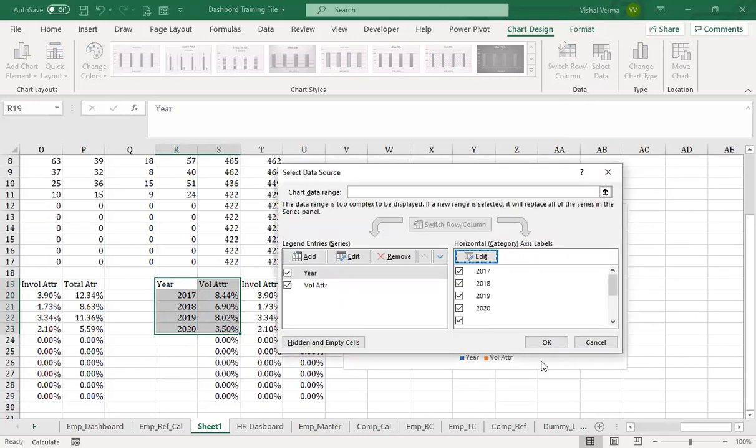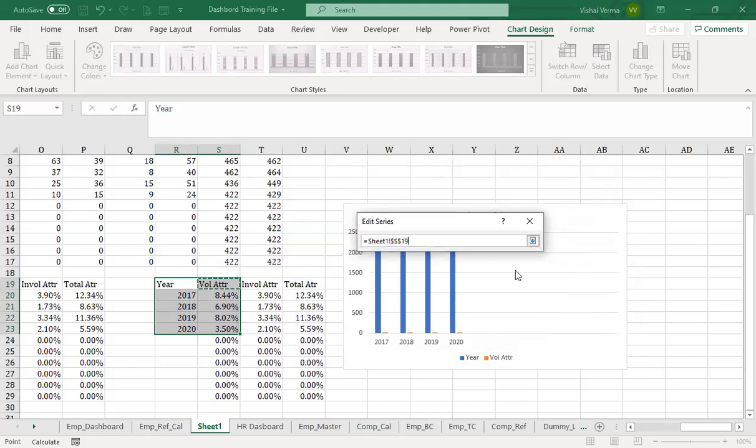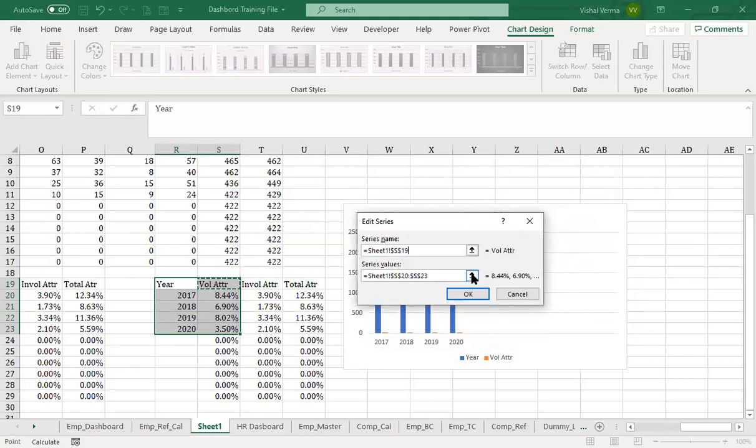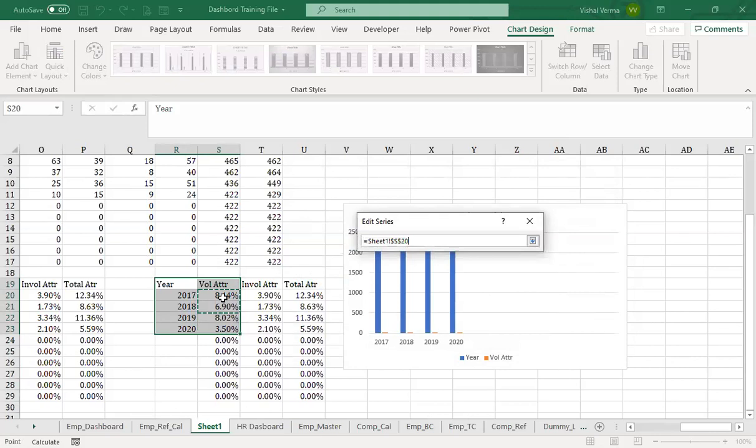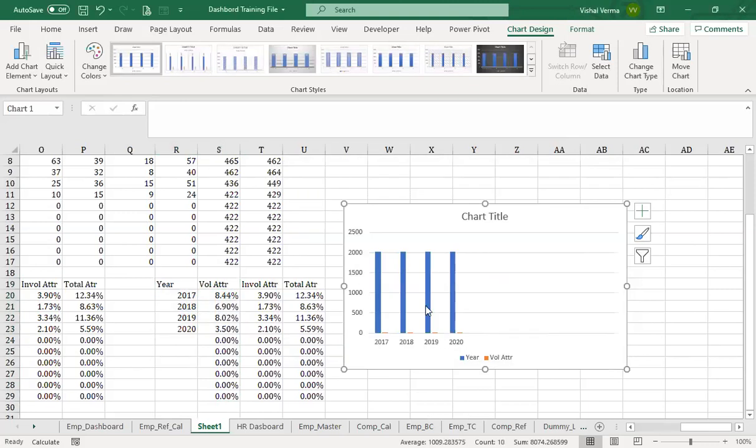And OK, then we have to go for the iteration. Edit it. The sheet will be voluntary iteration, and the values will be these values. Click OK. So we are getting this information, but it is still not working fine.